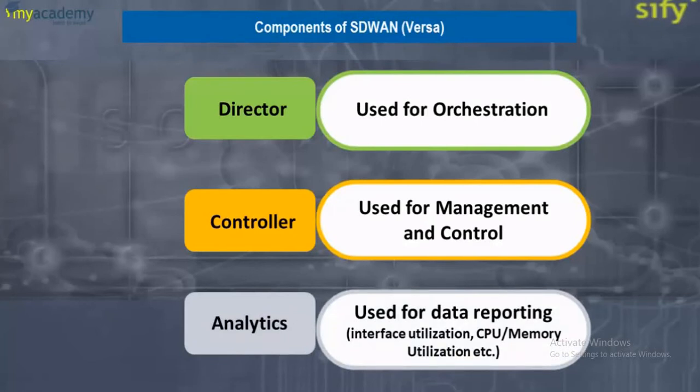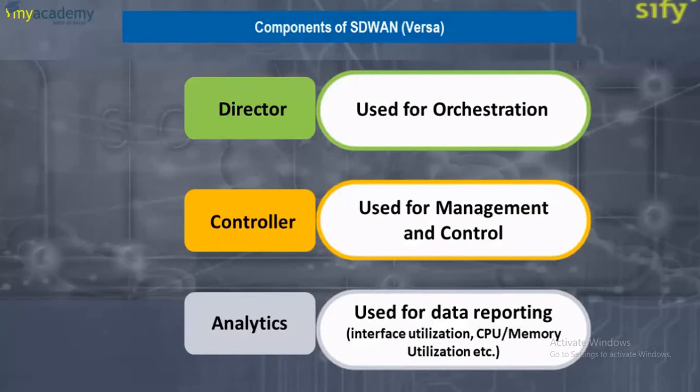Analytics is more like a reporting platform wherein all the edge devices send the collected data, right? When we say data, what is the data? The data is nothing but what types of applications are detected on the edge device, what my interface utilization is, what my system uptime is, what my CPU and memory utilization is. All this information is captured and sent to the analytics. Okay, so let me just run through